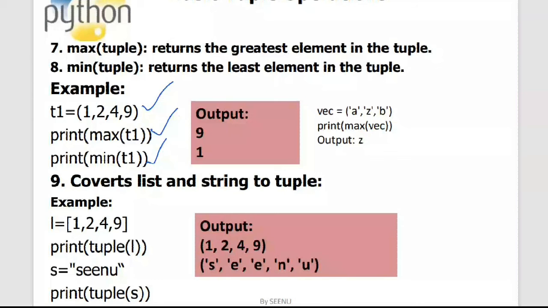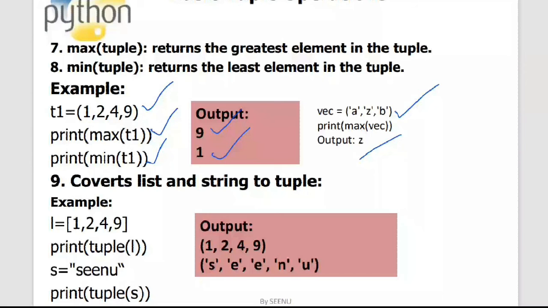You can also give it on characters. It compares based on the ASCII code. So it has given Z, the maximum element. The maximum element in the tuple is Z. So it's giving Z over here. If you give strings, the first element in the string is compared, and then again the ASCII code is used and it gives the max and min for the strings.